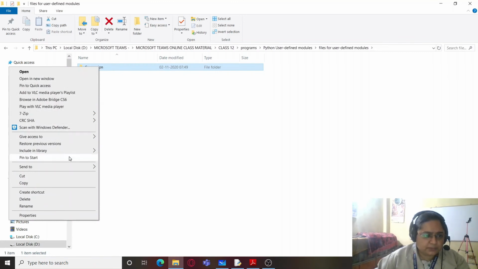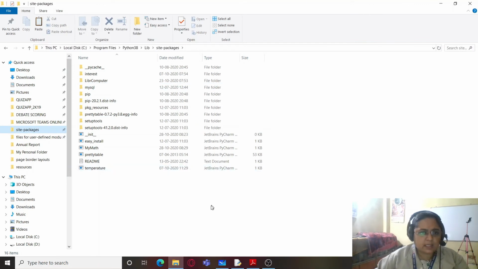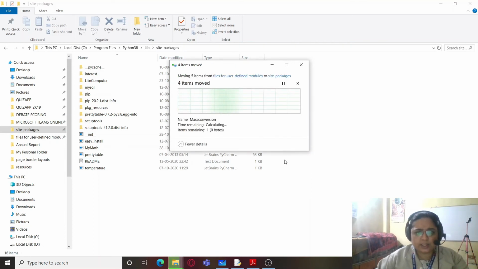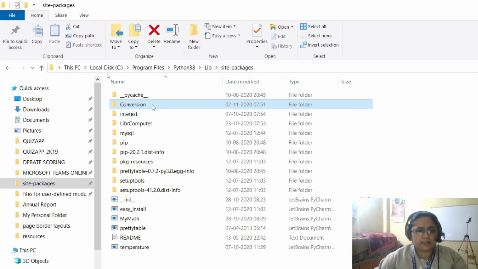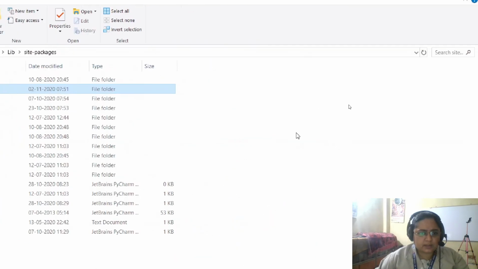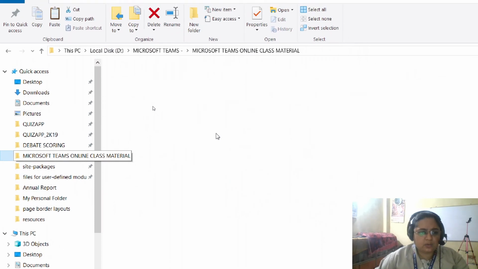So I will directly move to that area, but before moving to that area, I will be first cutting this folder from here. So I will select cut, and then I'll move to site packages, and here I will be pasting it. It will ask for an administrator permission, so you have to just click on continue for that. And you can see over here that I have already pasted the conversion folder, but one more thing is left. I'll just press Ctrl Z. Okay, it's not getting undone, so I'm just going to reverse that again, and I'll go back to that folder,